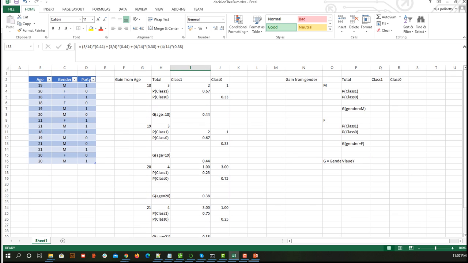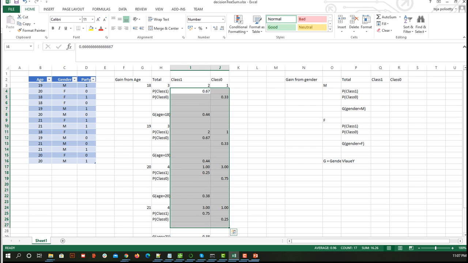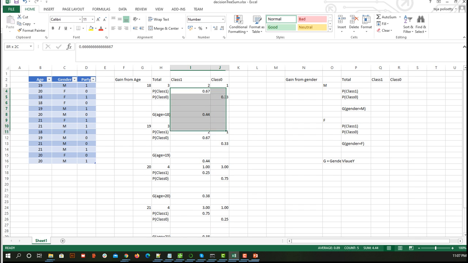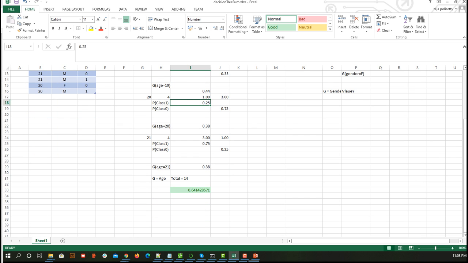Now, if you do this calculation, you might get something less than this. Why? Because I have formatted this to 2 decimal points, so I am getting a different value. But if you consider this as a fraction itself, like instead of 0.67 you keep it as 3.3 by 9, similarly here 1 by 4, there will be some difference because I am considering my values till 2 decimals. So overall you will get some value here, which is G of age, and you are getting some Gini of gender, which is value Y.